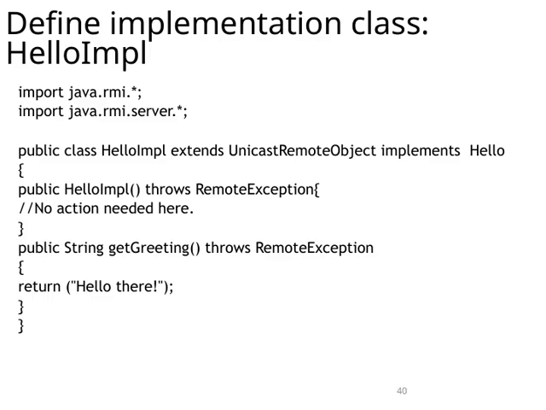Inside the class, we have a constructor that throws RemoteException, but there's no additional action needed here. It's just necessary for remote objects. Then, we have the getGreeting method, which returns a simple greeting message. This method also throws RemoteException, which is important because network communication can sometimes fail, and we need to handle